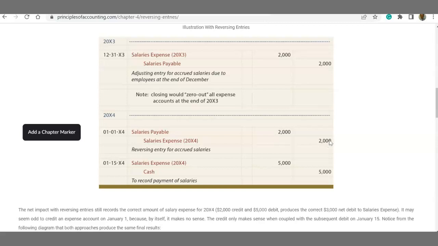Remember, salaries expense is already zero at this point, right? Because we made it zero. We closed all those temporary accounts. We closed revenues, we closed expenses, we closed dividends. So if you credit salaries expense at this point, it will be a deficit on the T account of salaries expense because you are crediting a zero balance salaries expense. That means you put a deficit on that T account, which is fine because 2 weeks later, on January 15,